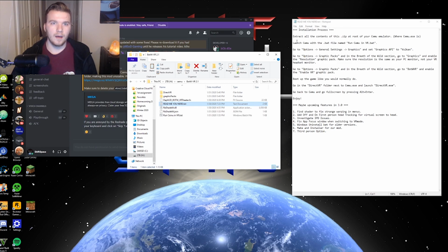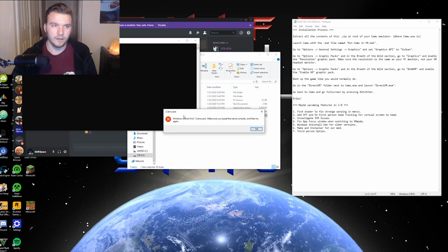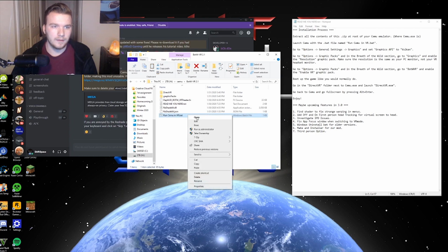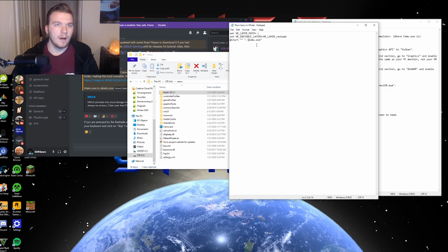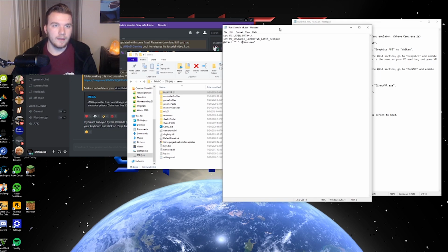So first, launch the Cemu .bat file, which is right here. Now in my case, for some reason Windows isn't letting it do that. So what I'm going to do is go into edit. So right here, you can go and edit it, and then